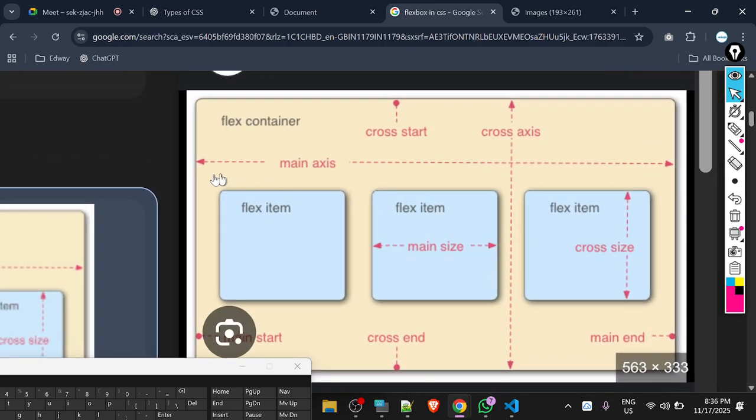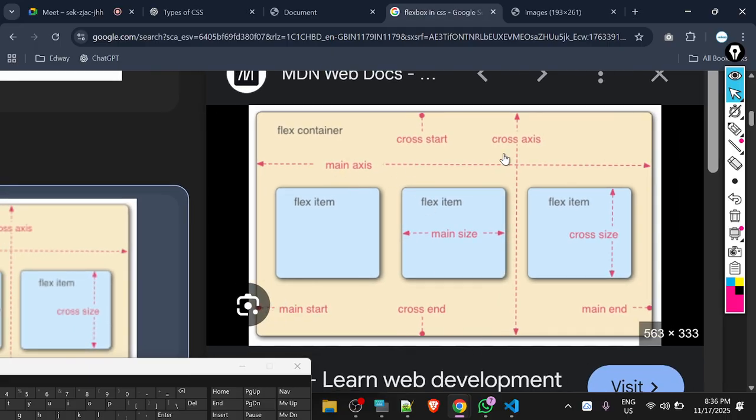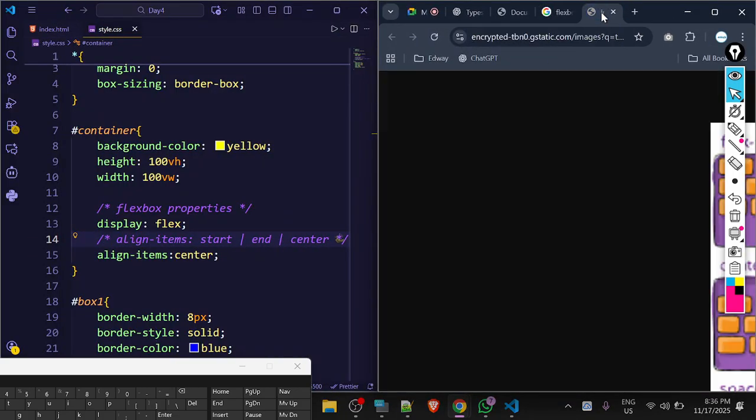See, so main axis is what? The horizontal line is the main axis. Cross axis is what? The vertical line is the cross axis. So when we talk about align items, align items works on the cross axis, meaning it will move your item as per the cross axis. But if you want to move your item horizontally, row-wise, according to the main axis, you will write one more property, and that property is nothing but justify,